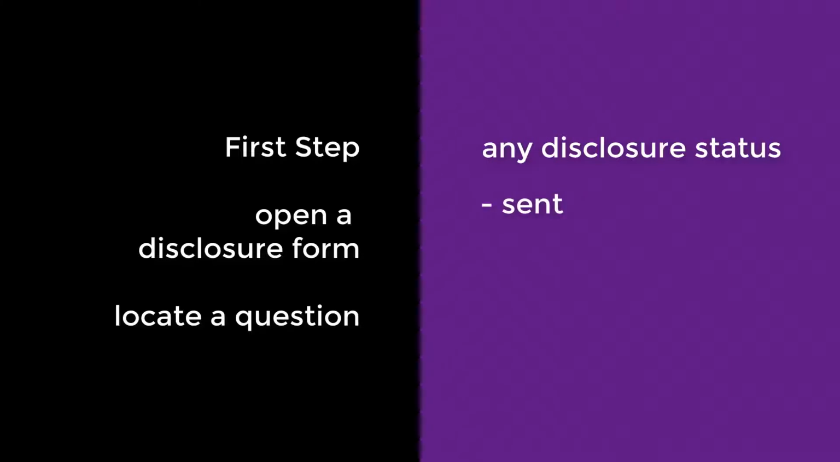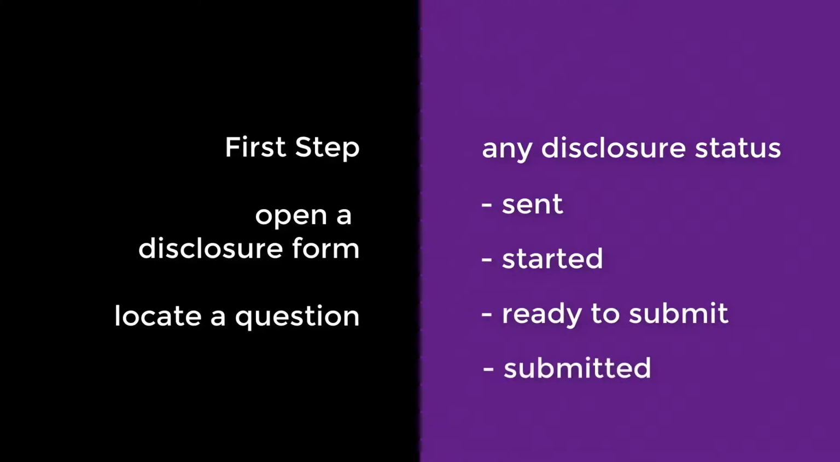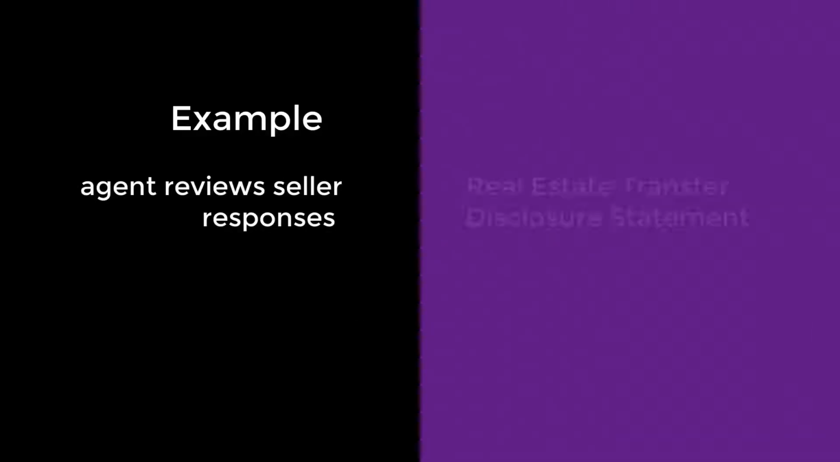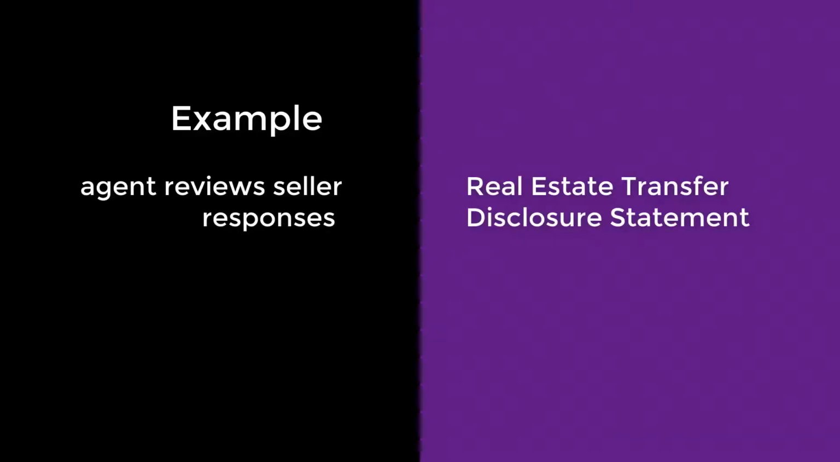The first step is to open a disclosure form and locate the question you want to flag. This can be done at any step during the review process, whether the disclosure status is sent, started, ready to submit, or submitted. In this example, the agent reviews seller responses on the real estate transfer disclosure statement. The agent uses the flagging feature to leave the seller information that guides them to the correct response, since the